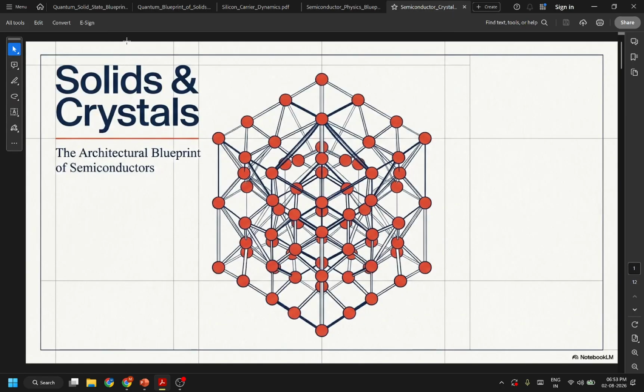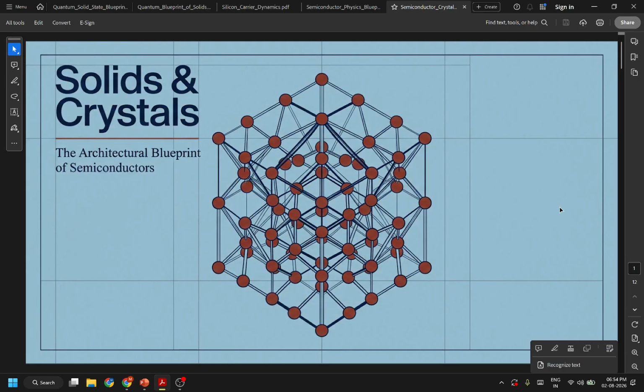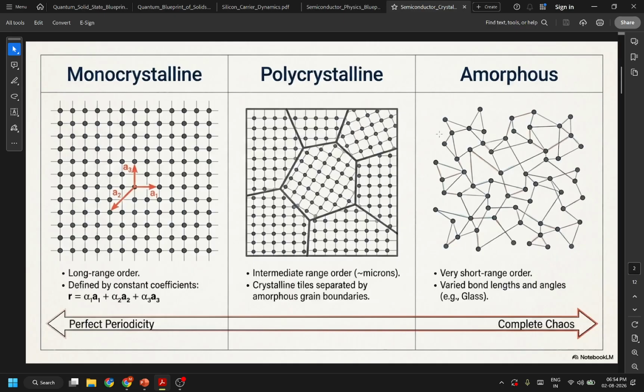Now we come to crystals. Crystals are generally of three types: monocrystalline, polycrystalline, and amorphous. Monocrystalline crystals have perfect periodicity, whereas amorphous have complete chaos, and polycrystalline are a combination of both. Monocrystalline have long range order, so their periodicity is across very large regions, and they are defined by constant coefficients r equals alpha 1 a1 plus alpha 2 a2 plus alpha 3 a3,